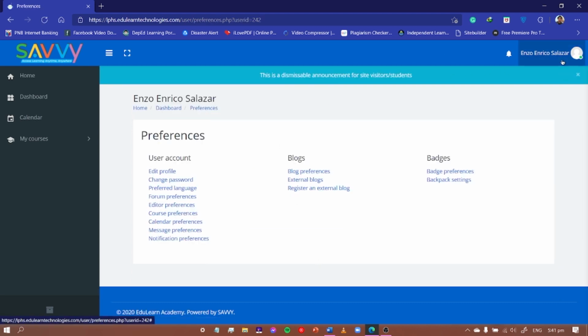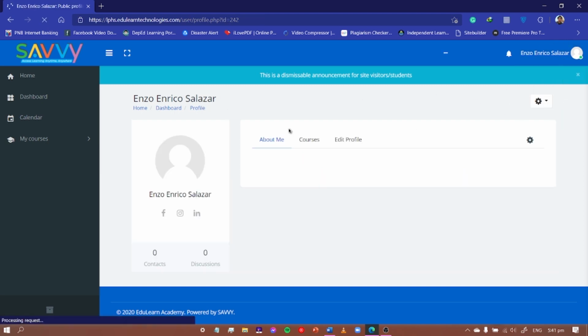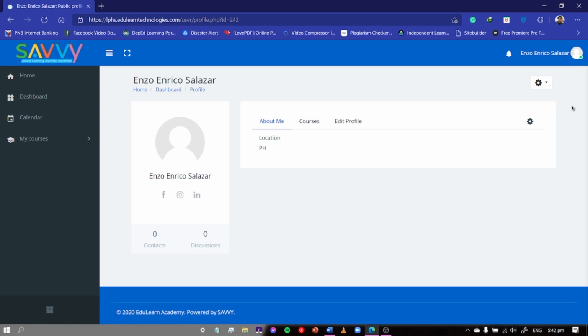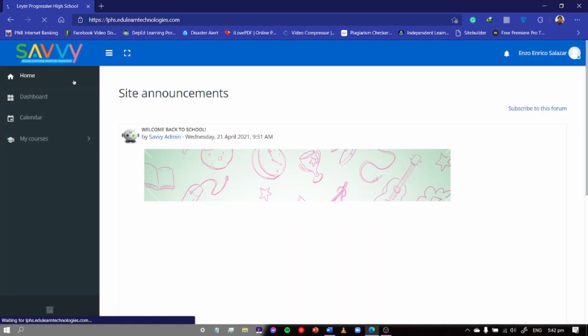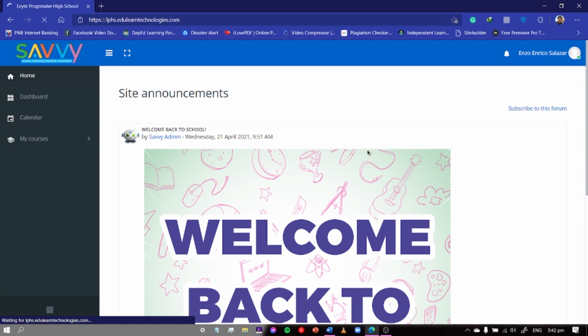Okay, so let's go back to Profile. And if you click on profile again, then all the changes that you have made to this particular profile will be shown here already. And this message here, it says this is a dismissible announcement for site visitors or students. You may just click the X button located at the far right. There you go. And now let's go to home. Let's try clicking home. Let's see what's in there. Okay, so that's technically the site announcements. When you click on dashboard,